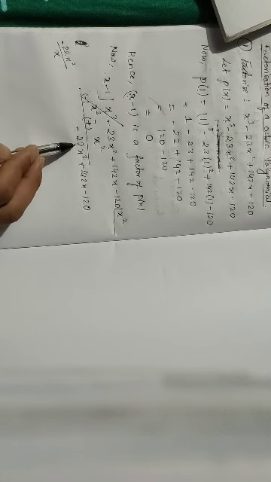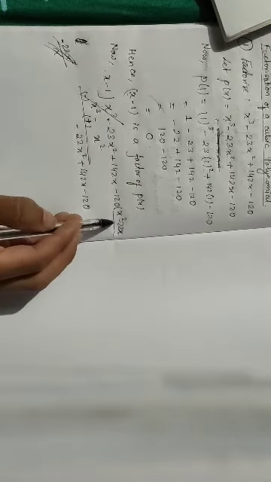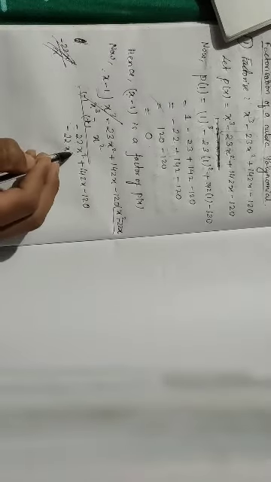So next what will happen? Now you have to see, you have to divide this by x, isn't it? So minus 22x square by x, because this is the term with highest power. Highest power is square here, right? So minus 22x square is the term with highest power, and from here it is x. So this one is how much? If x and square will be cancelled, minus 22x, isn't it? So you have to multiply with minus 22x. So minus into minus, plus x into 22x, 22x square, minus into minus, plus 1 into 22x, 22x.